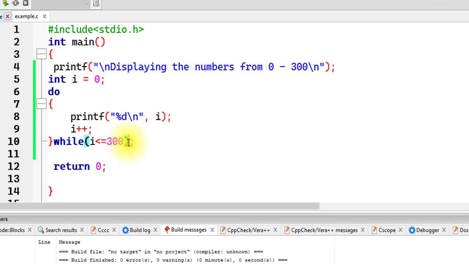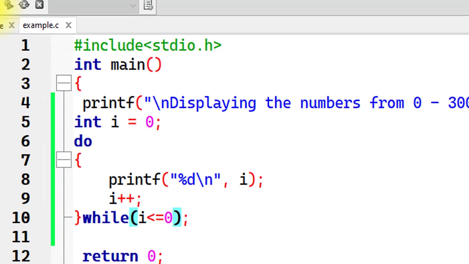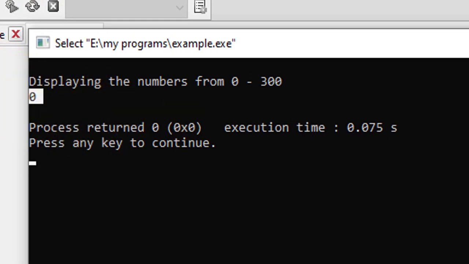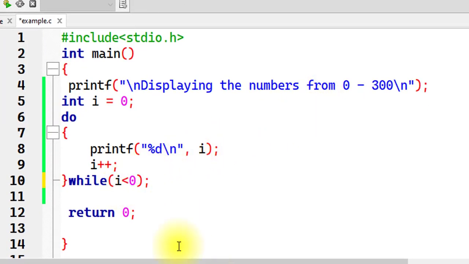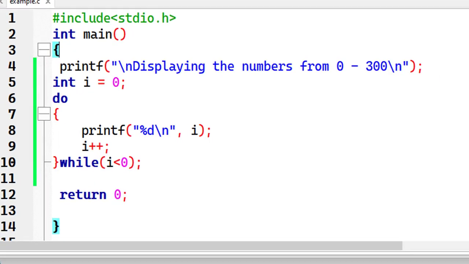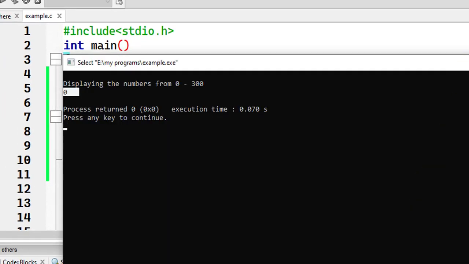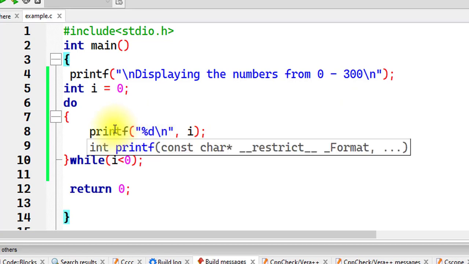But one interesting thing is, if I set the condition to less than or equal to 0, then let's see what happens. Obviously it just printed 0. Now what if I put the condition i should be less than 0? What will happen? Since the counter was initialized to 0 and the condition was checked after the statements inside the loop were run at least once, the output would still be 0. Interestingly, this doesn't match our condition, but since this is how the do while loop works, it executes the statements at least once before checking the condition.